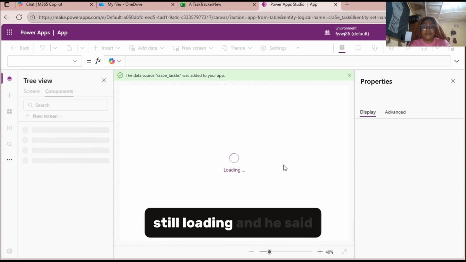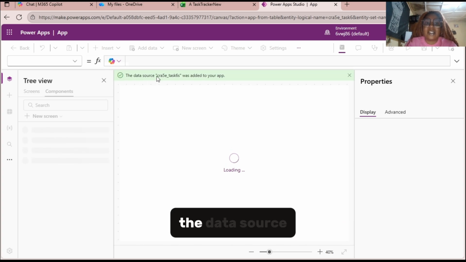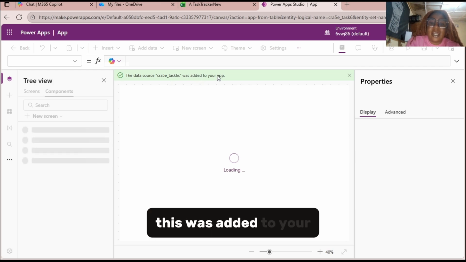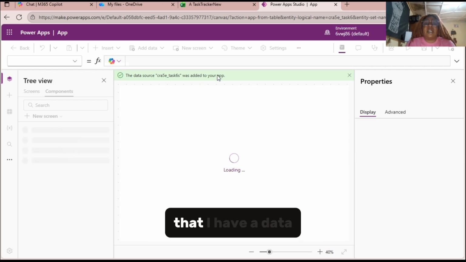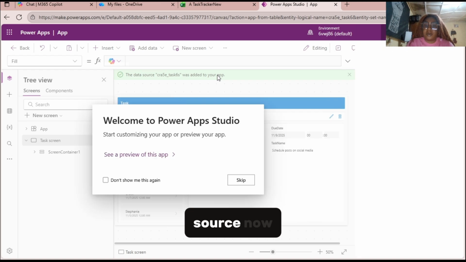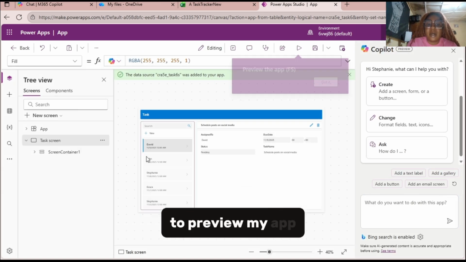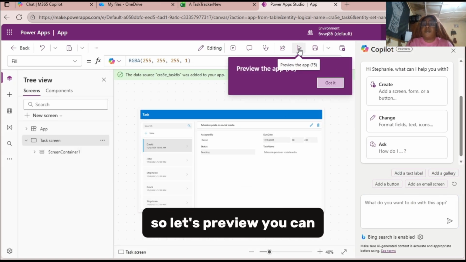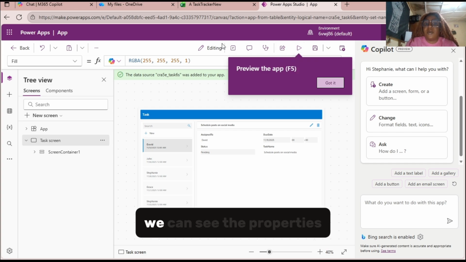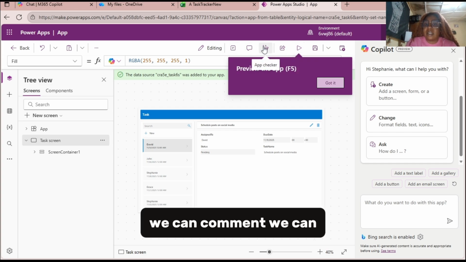So it's loading, and it said the data source was added to your app. So it's letting me know that I have a data source now. It asked, do you want to preview my app? So let's preview. We can preview by playing, we can see the properties, we can comment, we can use the app checker